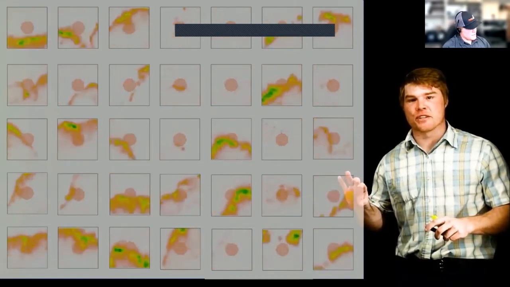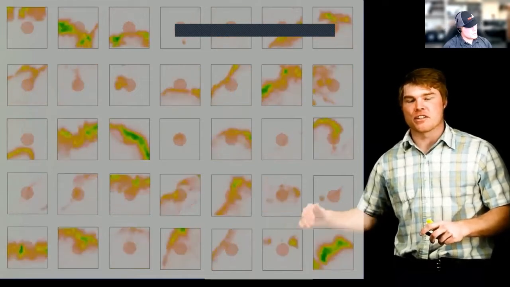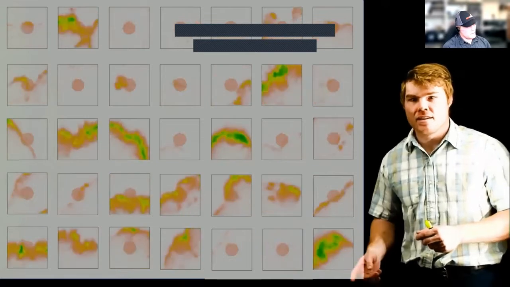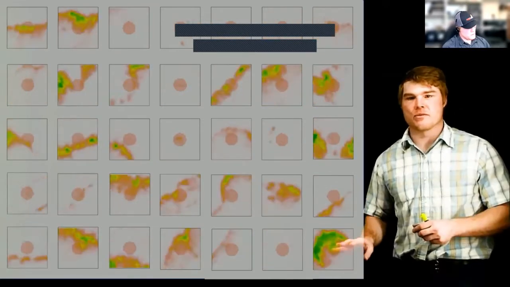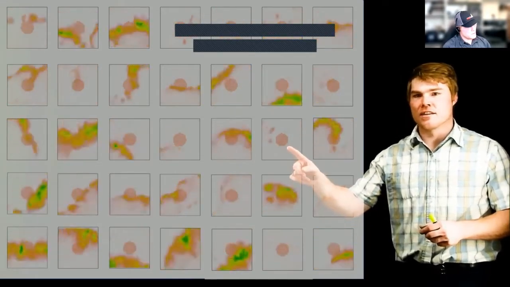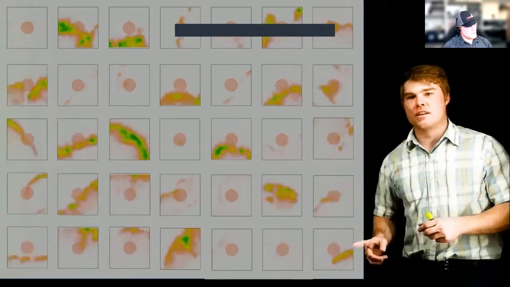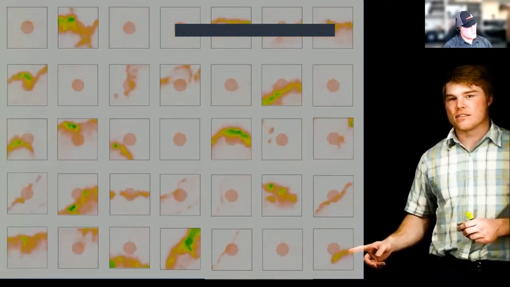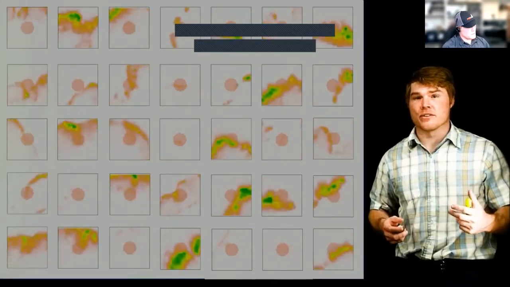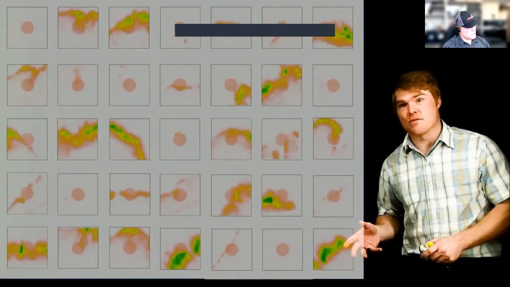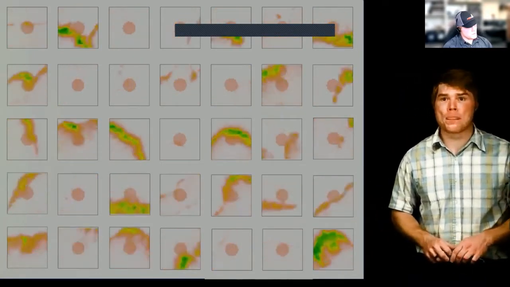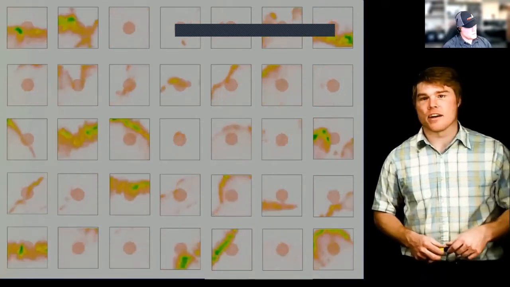One, this is the reason you want to use circles: look at all these different directions that the fire was hitting these plots. Also the different rates of spread. Each one of these is the sequence of when the fire hit the plot and then when it exited. So if it took longer, it's going to go slower, like this one. If it moved really fast, it's going to do this. But it really speaks to that variability that you can see out there. And this is a way to get replication. You've got plots, controls, and you get some replication within a prescribed fire.